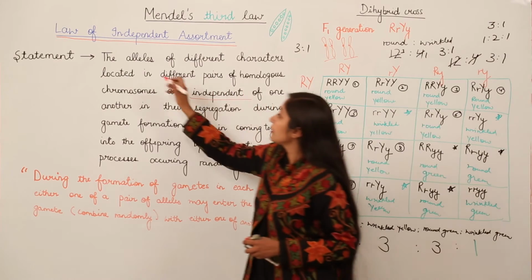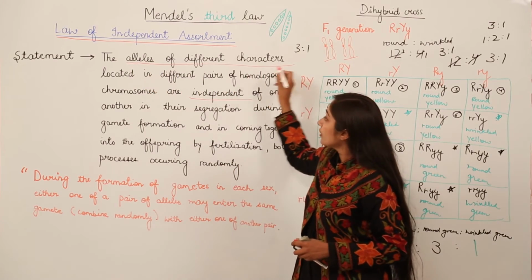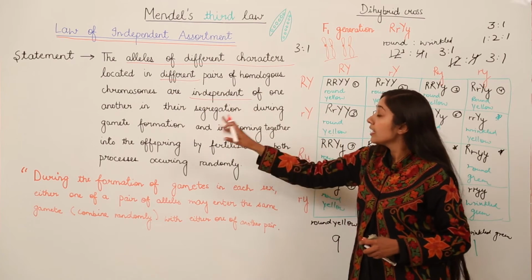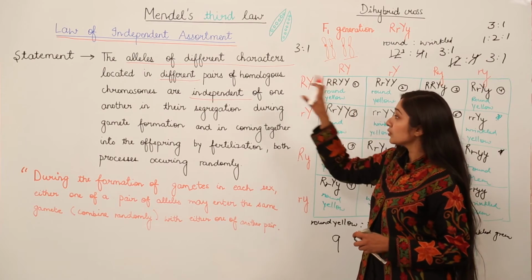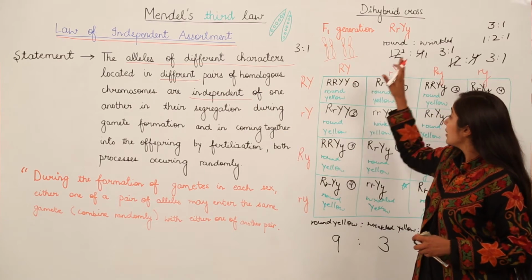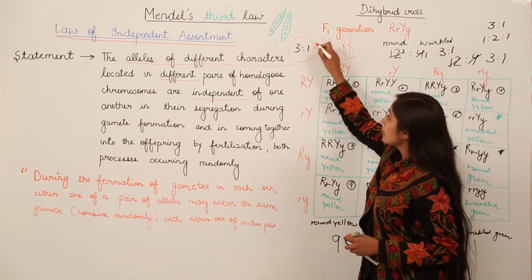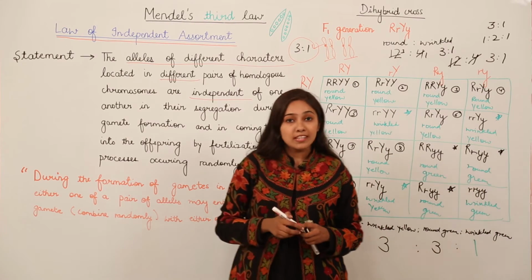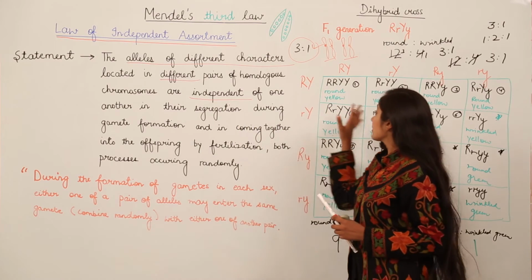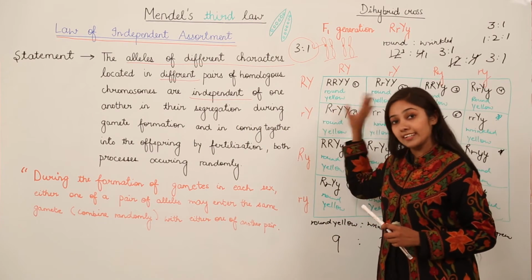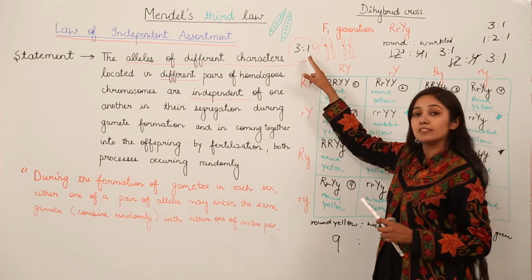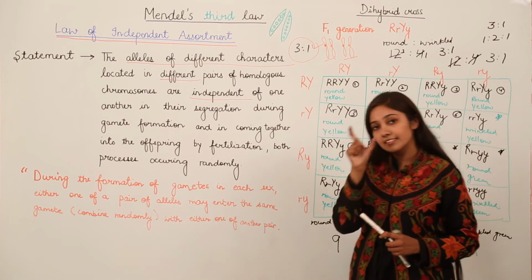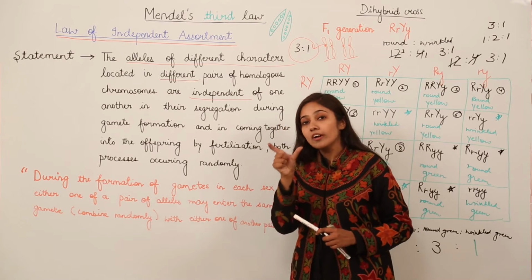So the alleles of different characters located on different pairs of chromosomes are independent of one another. Why? How we have come to this conclusion is, as you can see, we arrived at 3:1, which was a ratio of monohybrid cross. This means that when we separate these two characteristics, we achieve this ratio, that is 3:1. So this confirms that when we have two characteristics simultaneously, they are not affecting